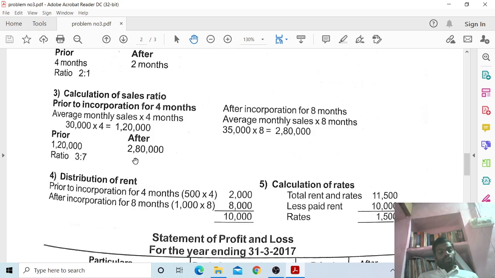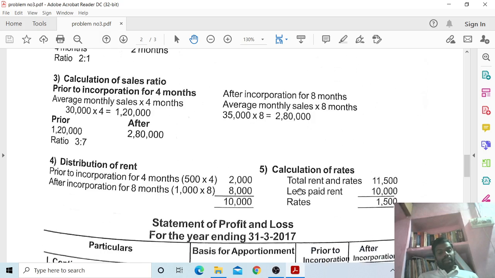Now, 1,20,000 is the prior incorporation period and after the incorporation period the total is 2,80,000. So now the ratio is 3:7. So next,